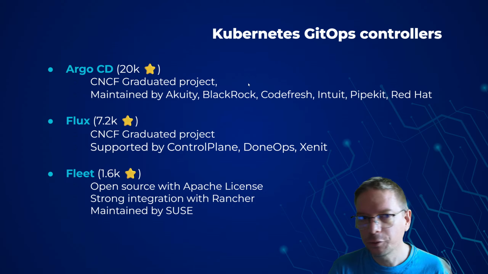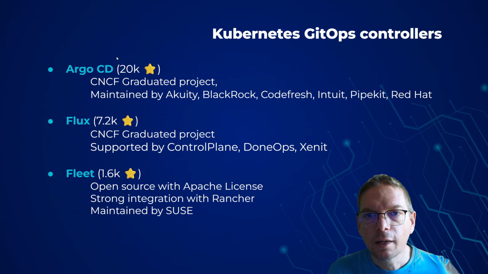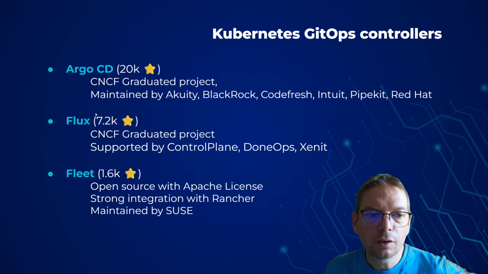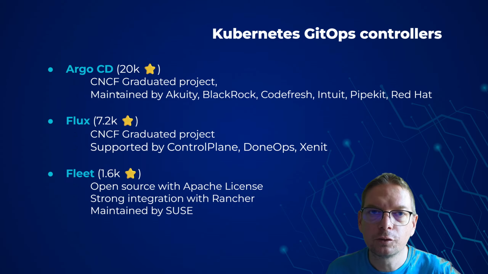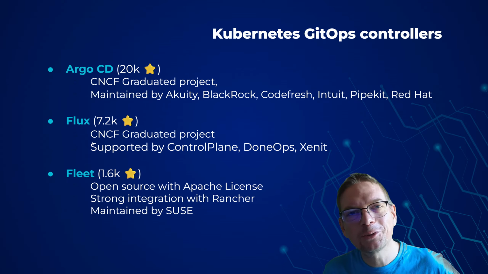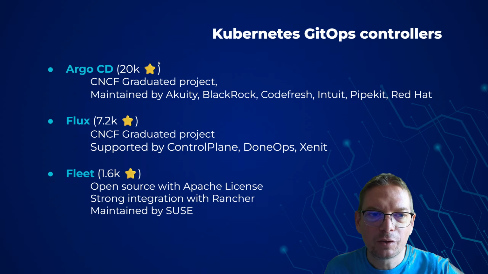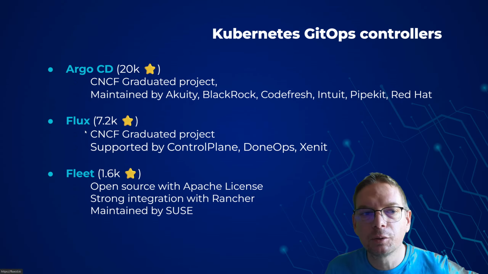Just before going on to the lab, if you want to have a try, there are two main GitOps tools, which are Argo CD and Flux. Both are part of the CNCF. There is another one I will be using because I like the tool that comes with it. But if you want to have a try, you can look at Argo CD and Flux, very good tools. But I will be demonstrating the third one.